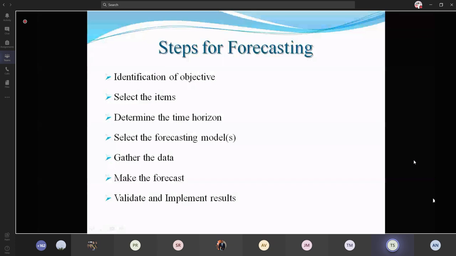The next point is about collecting data. So the data may be of two types. One is the primary data, the second one is the secondary data. Primary data refers to the data that is collected by the researchers or the field workers through observations, interviews. They can use any channels. They can observe and collect data. They can interview the persons from whom the data is to be collected, and they can use questionnaires. They can follow the scheduled method. So we have several methods to collect the primary data.